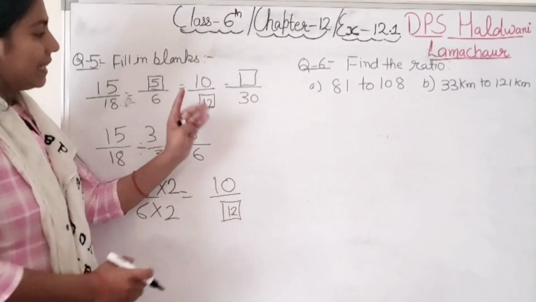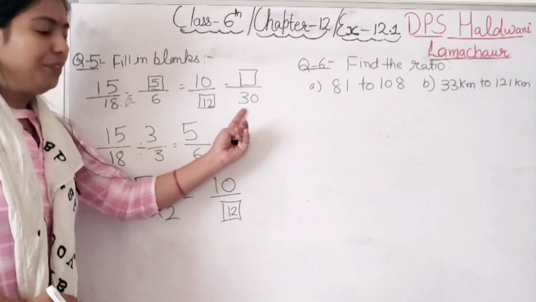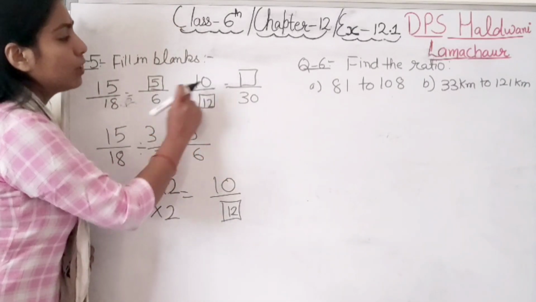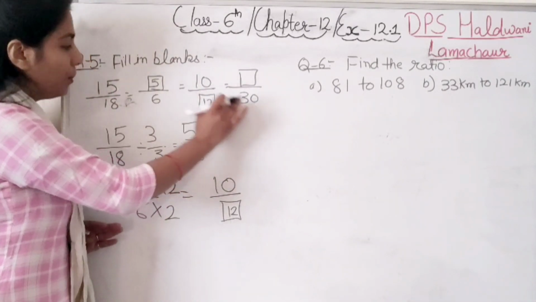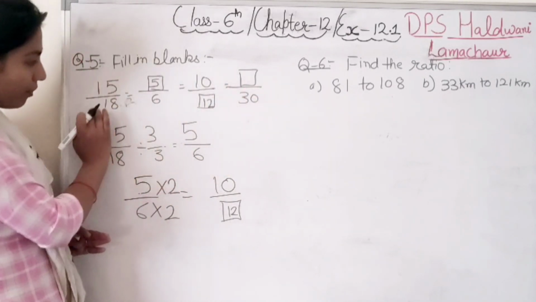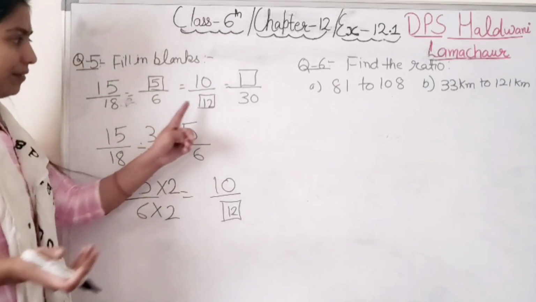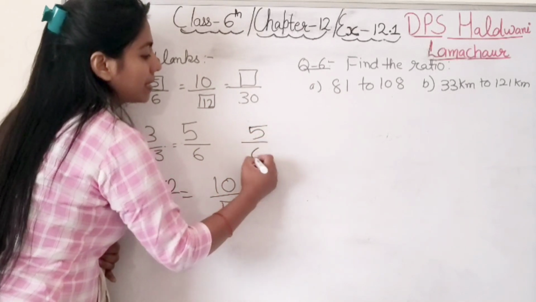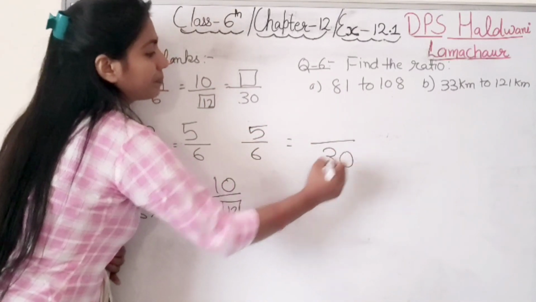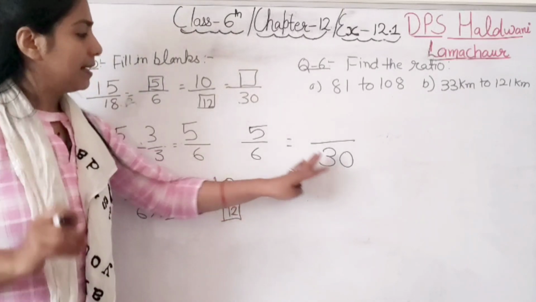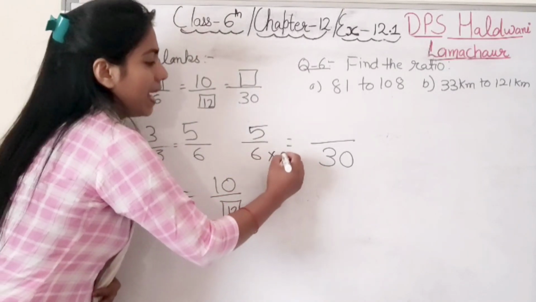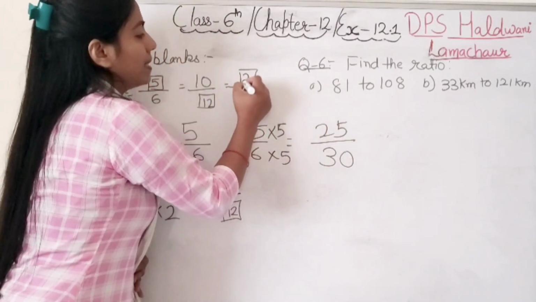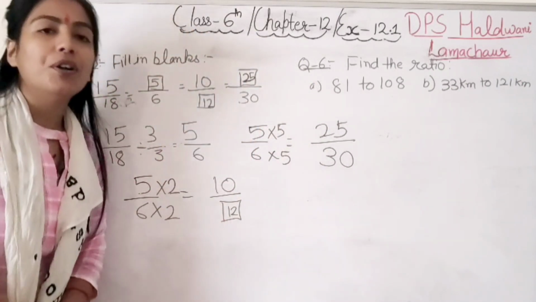Right? Now student, when we divide and multiply, we can't get 30 directly. But we can take a relation for this because every time we have an equal sign. It means they are all equivalent. We can take the relation of this to this, or this to this. So with this we are not taking 30 only. So let's say with 5 by 6, when we take the numerator as 30, then is there any relation or not? See, 6 fives are 30. And then multiply the same number 5 with 5. 5 fives are 25. It means it will be 25 upon 30.